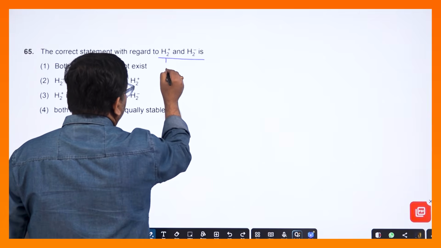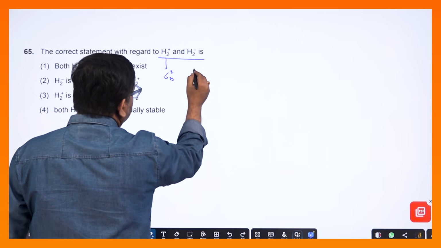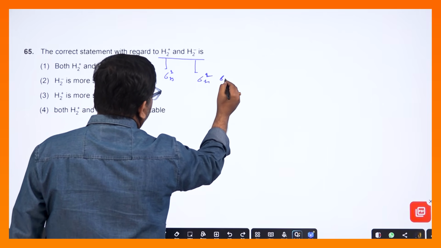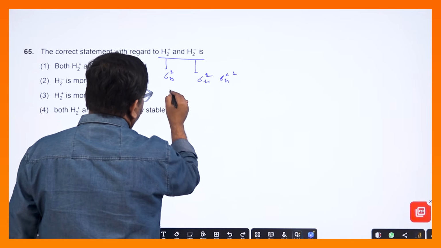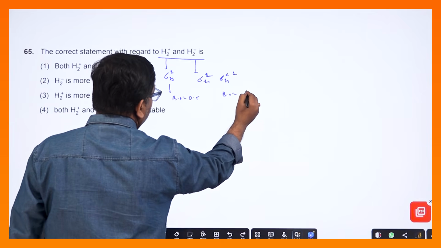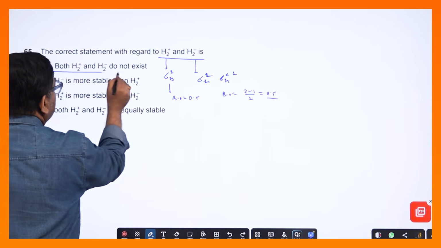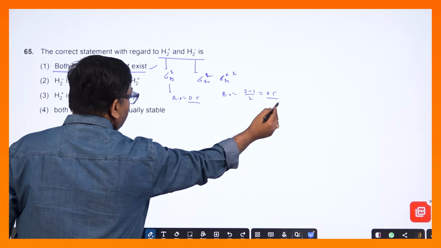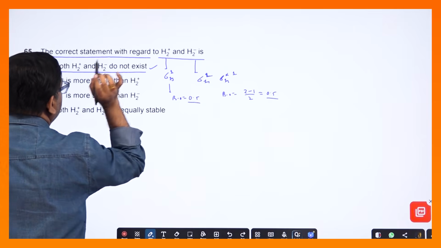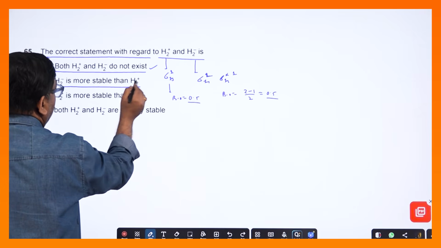এর যদি করি σ1s1, এটার হচ্ছে, এটা যদি করি σ1s1, σ1s2 আর σ*1s1, তাহলে এরও যদি বন্ডটা করি, বন্ড অর্ডার যদি দেখো 0.5, এরও বন্ড অর্ডার যদি করি তাহলে হচ্ছে (2-1)/2, এটা হচ্ছে 0.5। তাহলে দেখো both do not exist, exist তো করতেই, ফ্র্যাকশনও হলে এক্সিস্টেন্স আছে। The correct statement with regard to this is, তাহলে ঠিক হলো exist আছে। H2 is more stable than it, না ভুল।